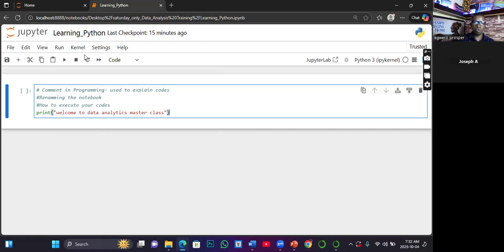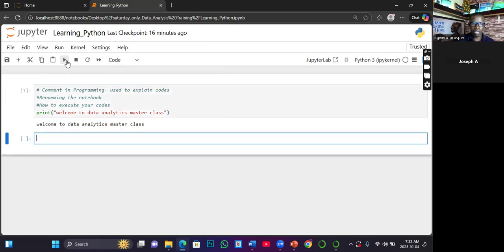For the shortcut of all of them, the keys you have to press or combine on your keyboard are Shift plus Enter. So if you click here now, you see that what? I have executed the code in this cell, and the program has outputted what I asked it to print. And then there's now a value read in the square bracket.